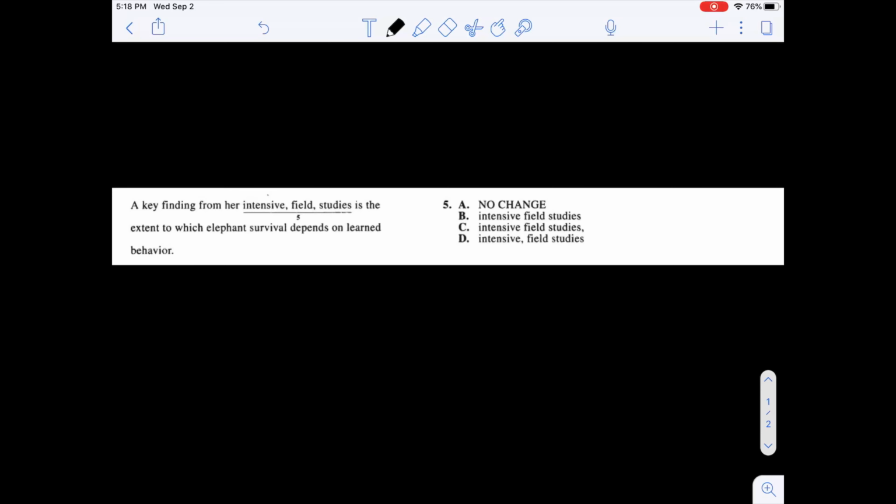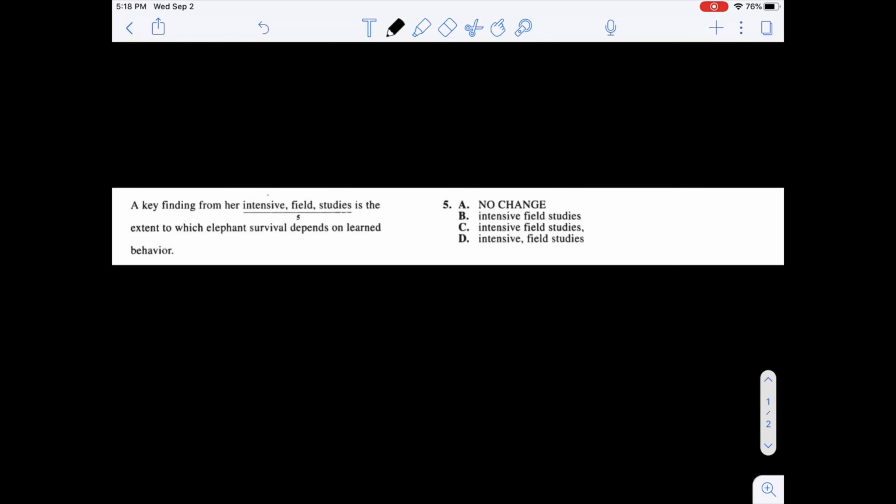Ready, set, pause. Cool. So coming back, they have a comma between "intensive" and "field." So those are both next to this noun, studies. So they separated it with a comma. So they're saying we should be able to flip-flop them or put an "and" between them, and it should mean the same thing. So if I said, as it is, "intensive field studies," if I flip-flop them, it would say "field intensive studies," which is completely different than an intensive field study, because a field study, you can kind of